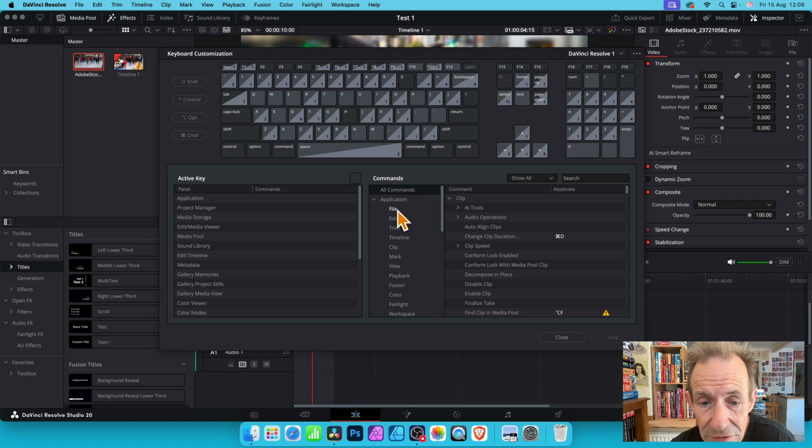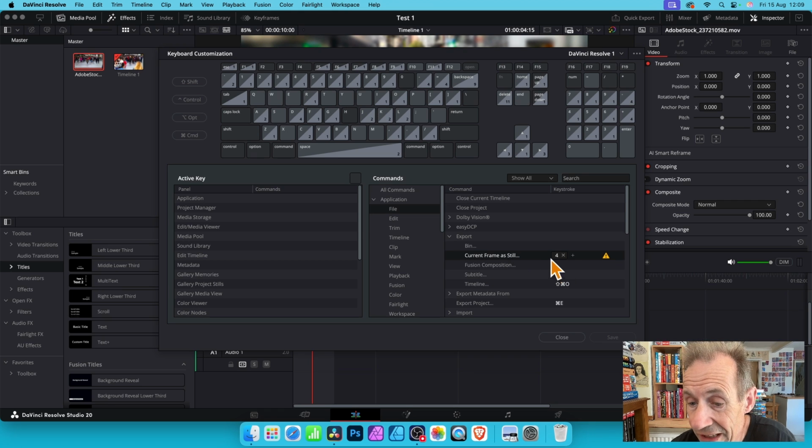And here I just go down to file and then click open here and then go to current frame as still. And I've set it to 4. Now it was something else before, something I didn't particularly use, so I've replaced it with just current frame as